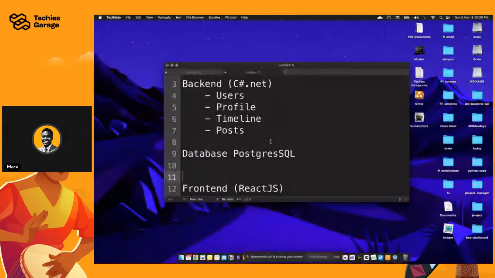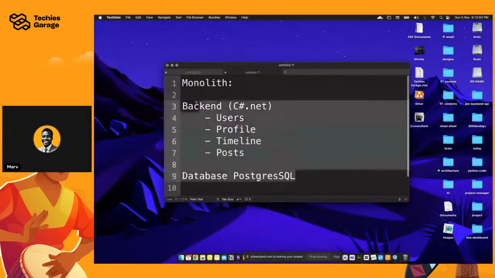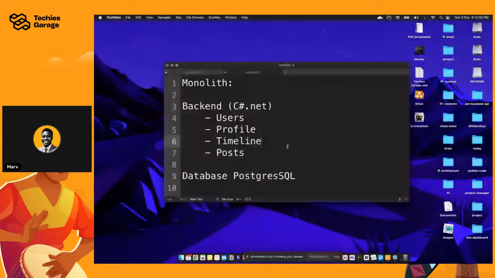So let's say you're building an application that is meant to be very large, and you also have a team that is very large. So let's say you have a team of 30, 40, 50 engineers, 100 engineers, or even going to 200 engineers upwards, and you expect everybody to work on the same platform, right? I mean, the best thing you should be thinking of is separating each of these modules, because you obviously would have new features pop up, right? So you want to have dedicated teams managing those features. And when you have a particular feature break in production, you don't want that feature to affect another feature, right? You don't want a module to affect another module.